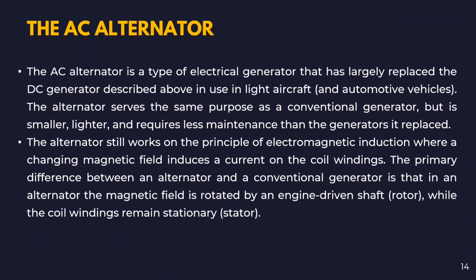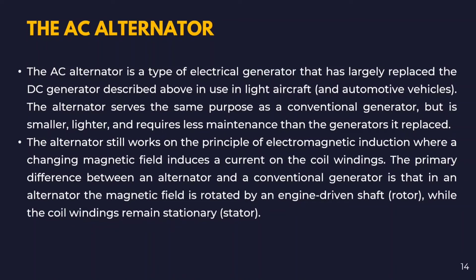The AC alternator. The AC alternator is a type of electrical generator that has largely replaced the DC generator described above in the use of light aircraft and automotive vehicles. The alternator serves the same purpose as a conventional generator, but it is smaller, lighter, and requires less maintenance than a generator. The alternator still works on the principle of electromagnetic induction, where a changing magnetic field induces